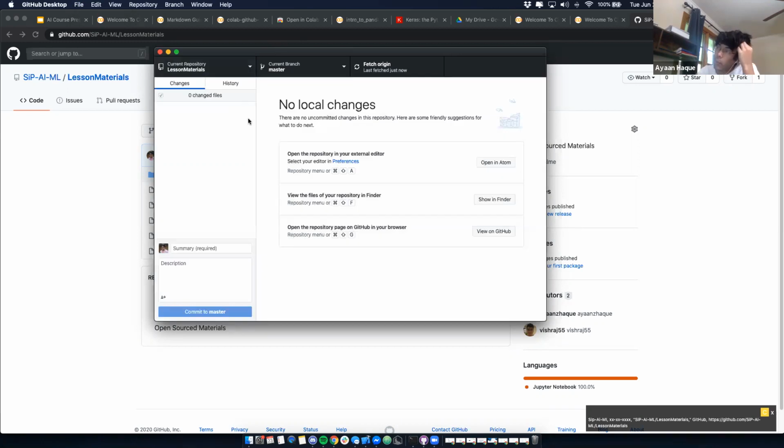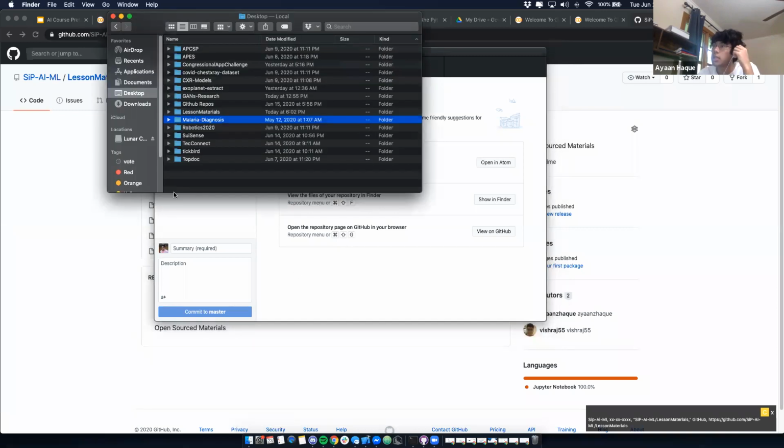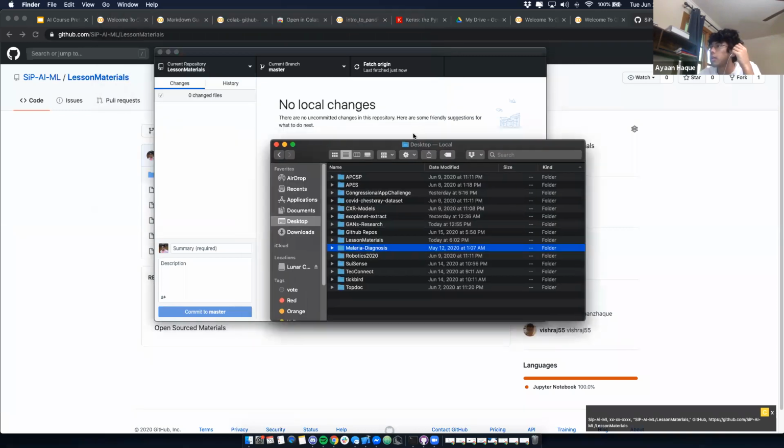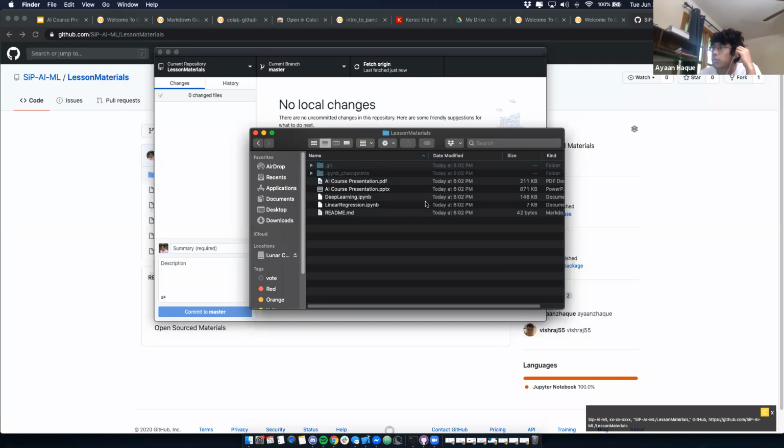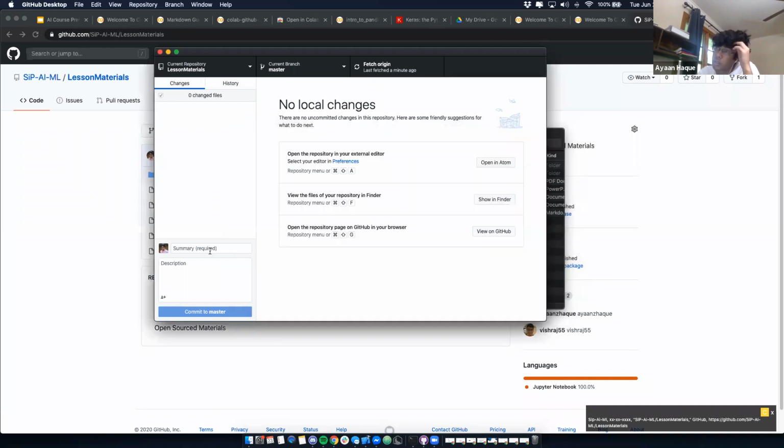So basically, when you make your own repositories for your own code, you're going to put your code in the folder. So basically, it saves the code. You guys can see my Finder, right? Right here, it will save your code as a folder. So you would go in the folder, make your edits to your files, and then after that, you would commit them and push them to GitHub, and that means they're on the actual website now.